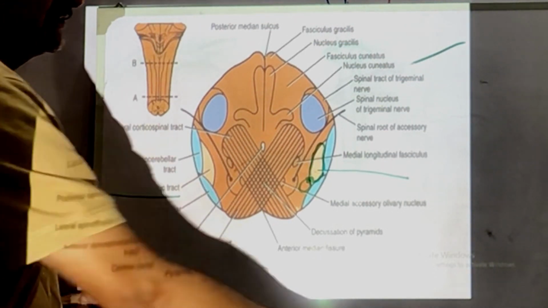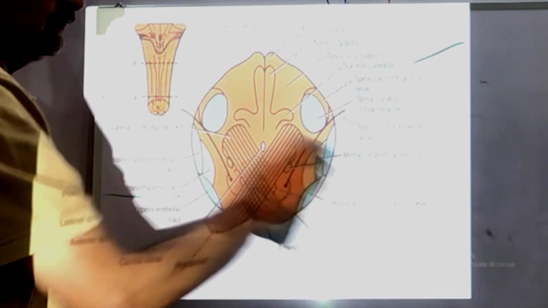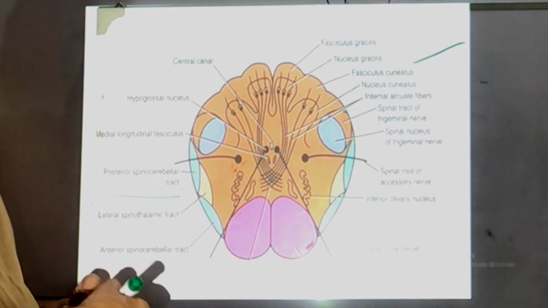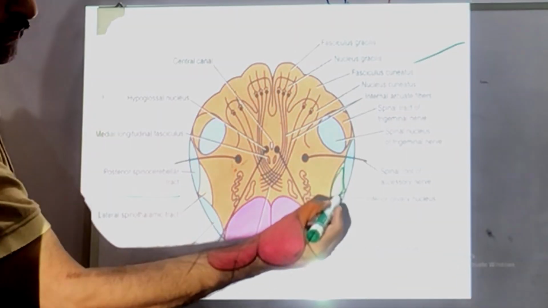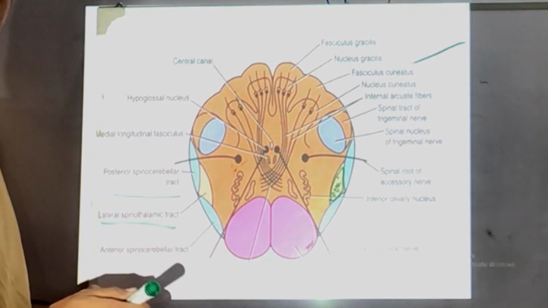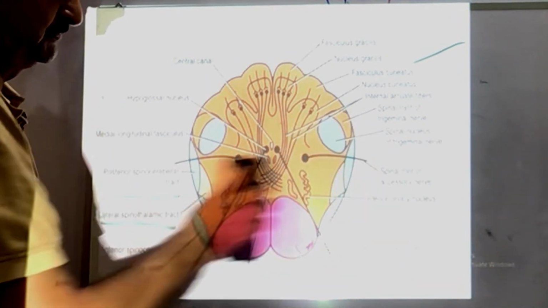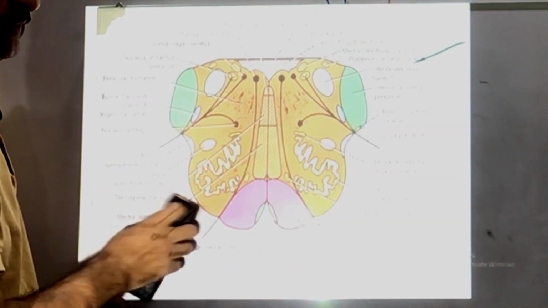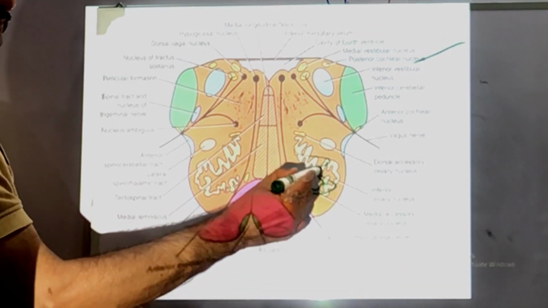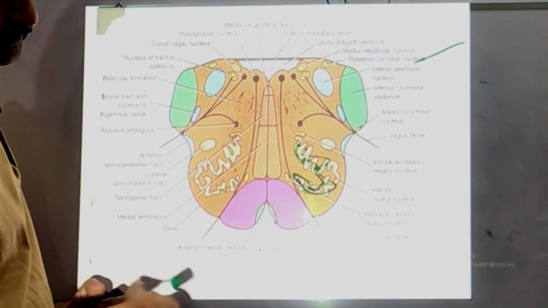Okay, next, which picture is this? Okay, next will be sensory. This means a sensory decussation. Where is it? The same. What will this be? Lateral spinothalamic. You see, lateral spinothalamic is there. Okay, continue. Which diagram next? Okay, this one. Which diagram? Okay, where should we find it? Same, the location will be the same.